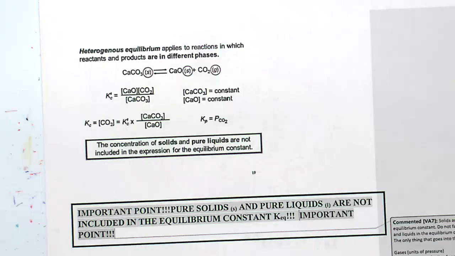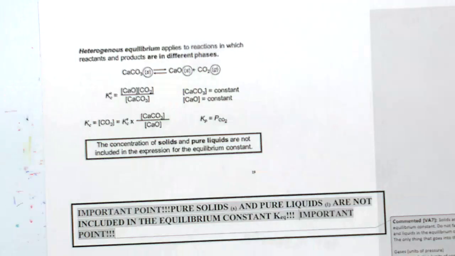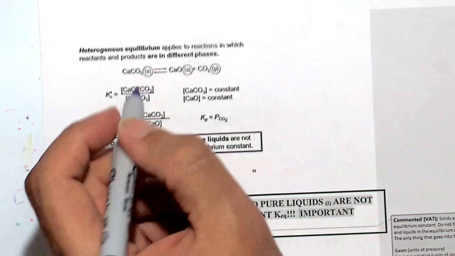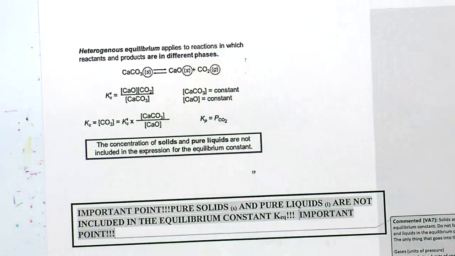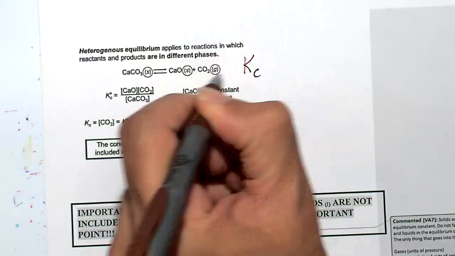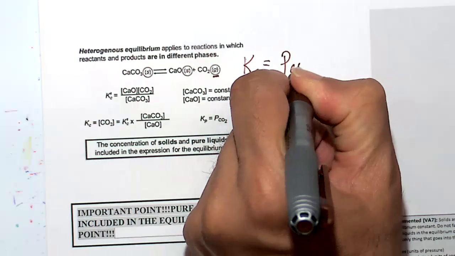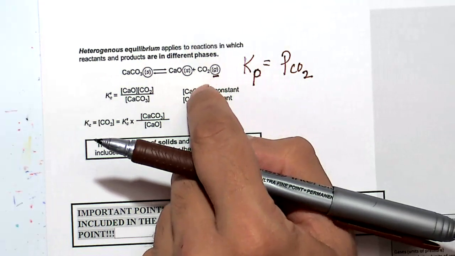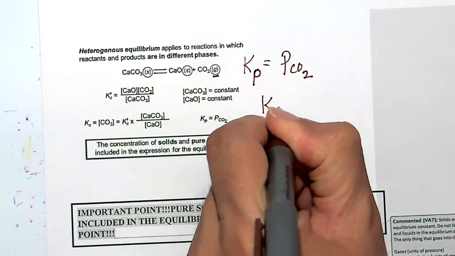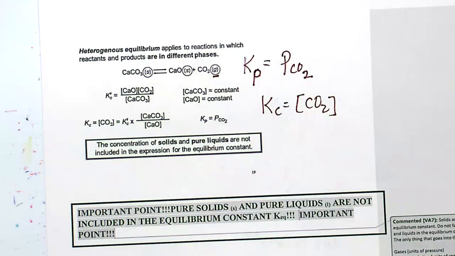So again, I want to harp on this as much as I possibly can. There'll still be some of us in our class that will miss this. But if you're going to ask for an equilibrium expression, here it's going to be K. You notice I have gases and two solids, so here Kp can be the pressure of CO2 raised to the 1 power, or I could write it as Kc, which is equal to the concentration of CO2, because they're gases, pressure or concentration.